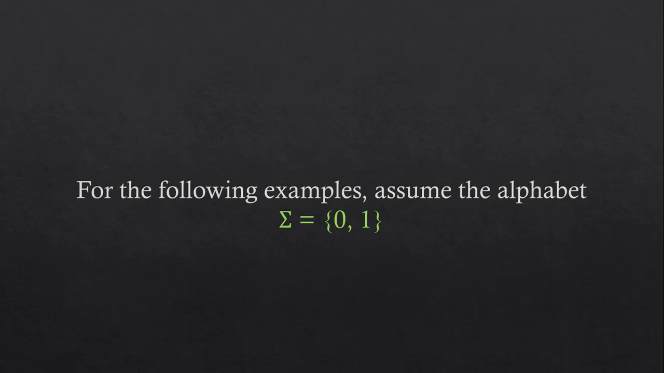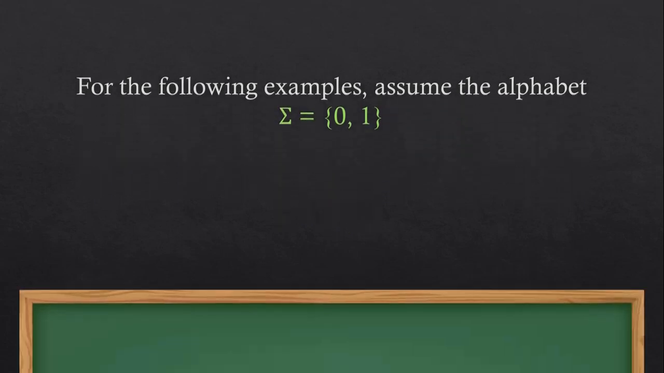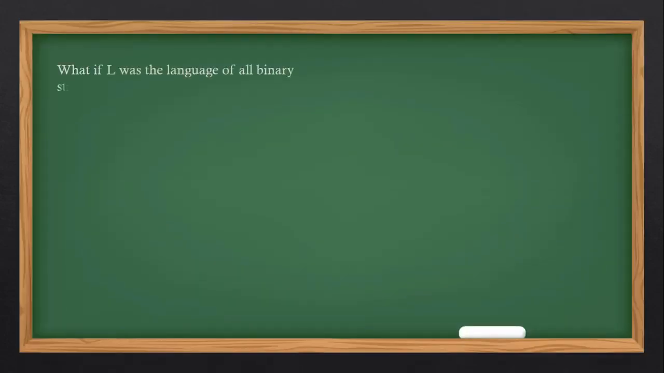Okay, so for the following examples, just assume that the alphabet is going to be 0 and 1, which means from now on in this lecture, we are only going to deal with binary strings. So this is our first example. In this example, we have to find an expression for a language, and that language is the language of all binary strings with one additional constraint, and that is the binary strings are going to have to start with